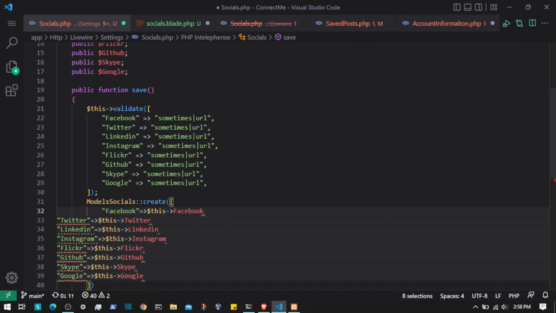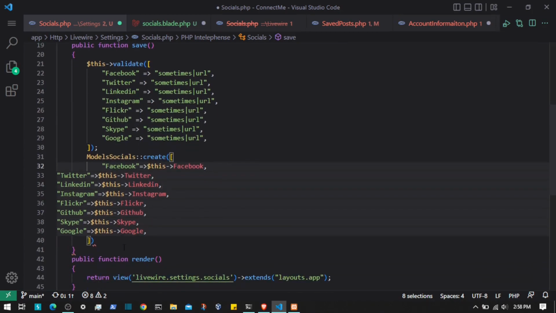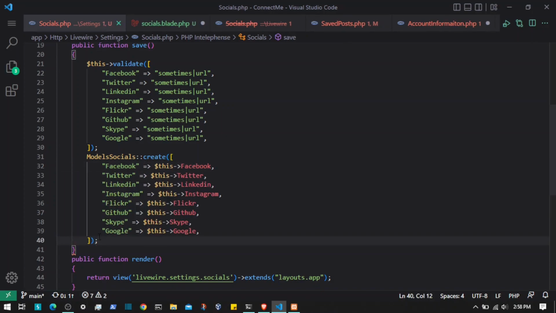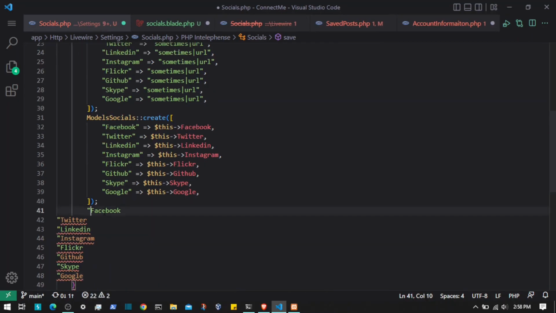Remove the quotes, comma, and if this does not exist, then we can do this. But by default, it's going to put that automatically. So now once that is done, we are going to unset the variables, right? So I'm gonna do that as well. So dollar this of this, and